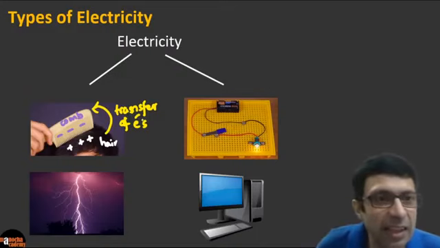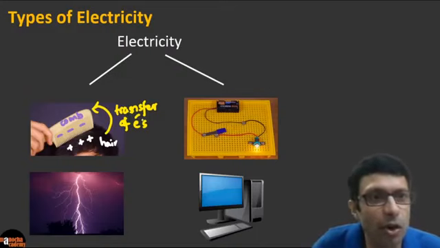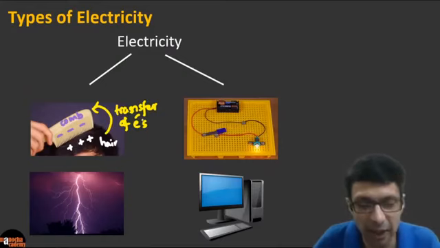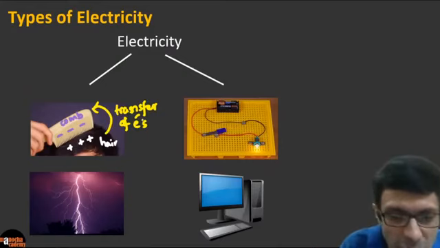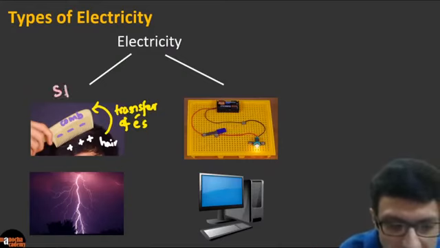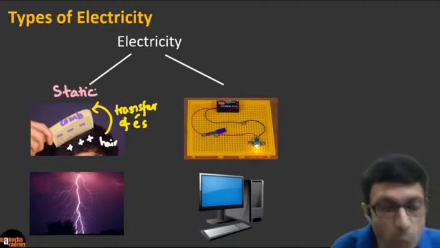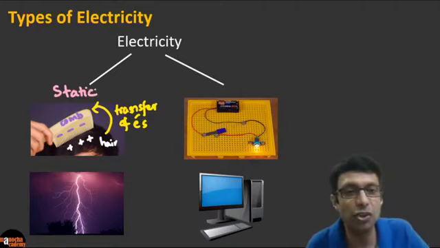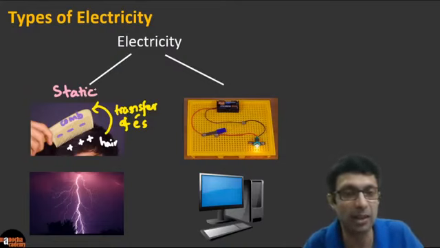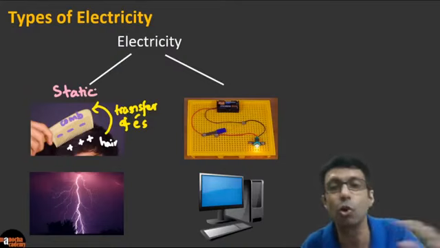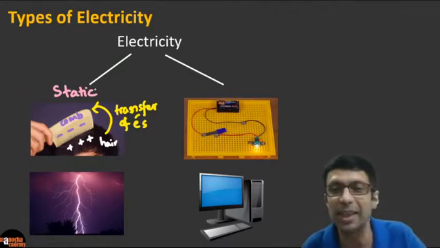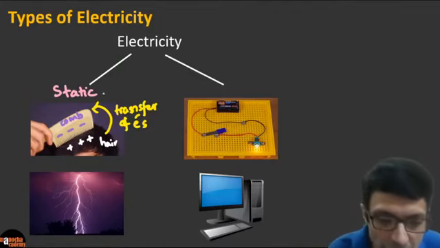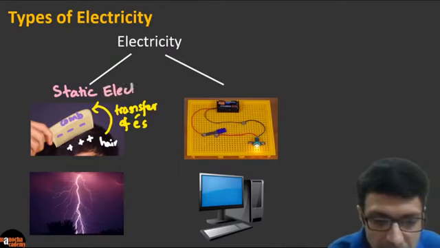And excellent, I see Kirit, Ayush, very good, Srinivas, Abhishek, they are saying this type of electricity, superb, guys, is known as static electricity, okay? Why the word static? Because there is just a transfer, okay? There is no motion or movement. There is a movement of charge, but no continuous movement, just a single time transfer. And this is called static electricity, okay? So this is an example of static electricity.